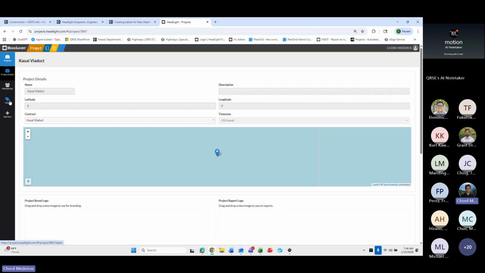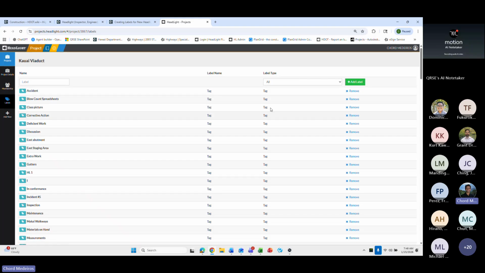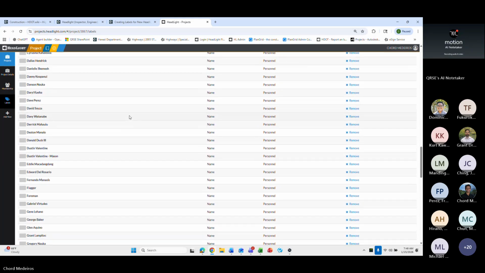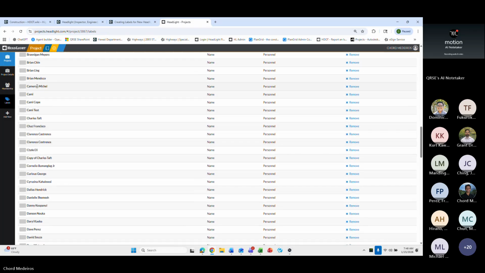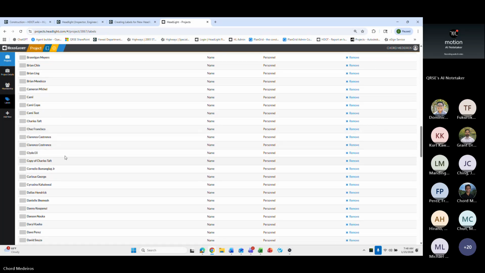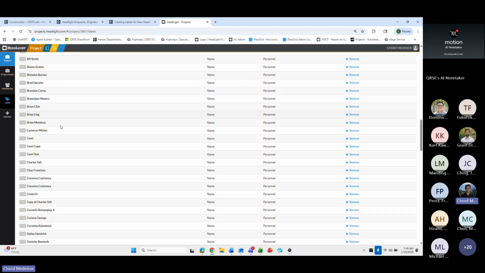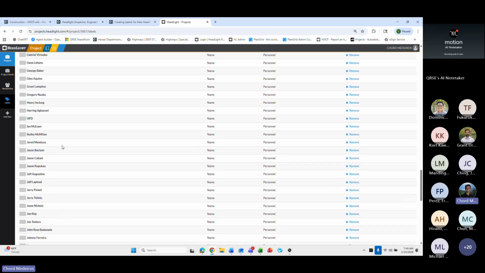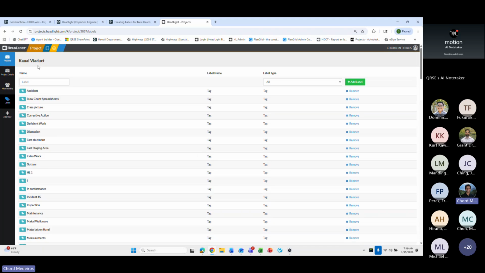Okay. And this is where you're able to see all the pre-select labels that you have on your project. Right? Notice a couple things. Notice that this is a test project, so it has a bunch of funny names. So please don't mind that. But the Curious George. But anyway,